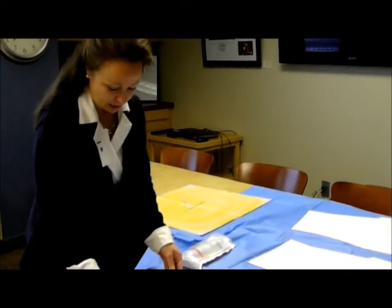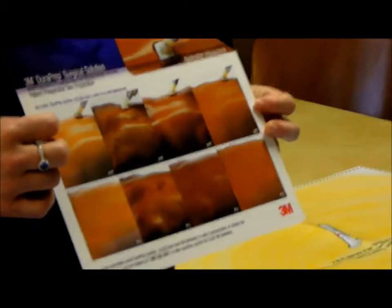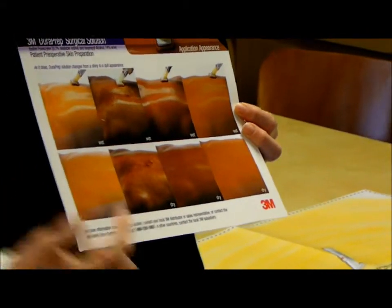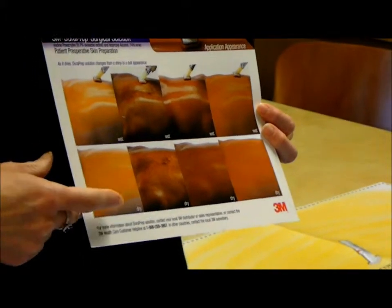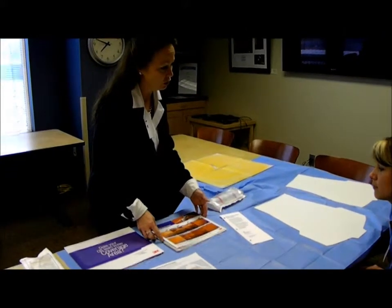The most important thing about using this is to make sure that it's dry. Because of the containing of alcohol, it is a fire hazard. And this is a photograph of 4 different skin types after application, as well as signs to look for when it's dry. You notice that it goes from a shiny to a dull finish, and that's what you want to look for. The dry time is, however, 3 minutes, and I understand that you do time that here,